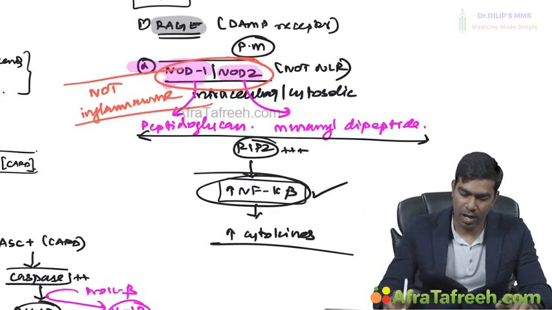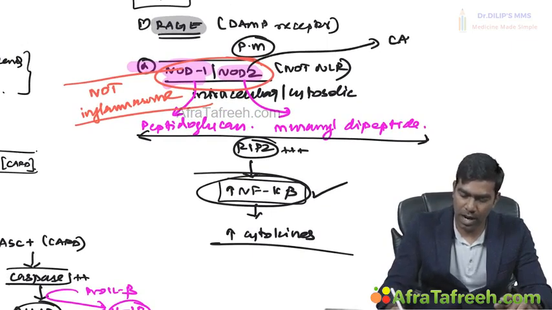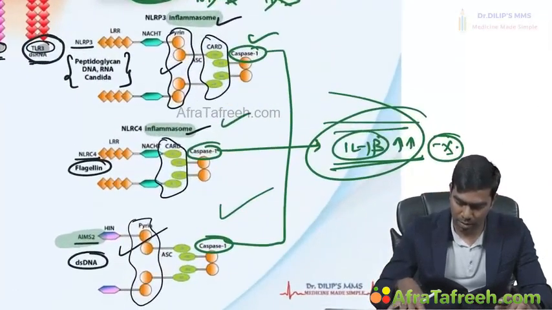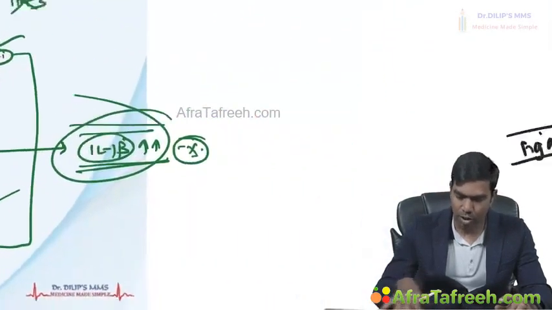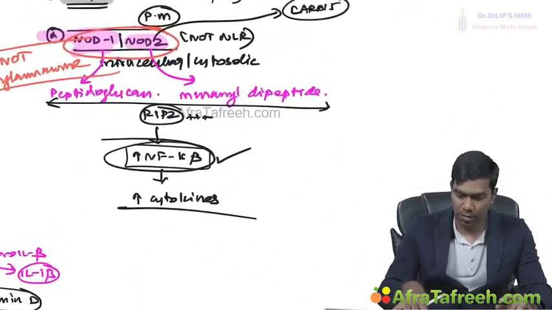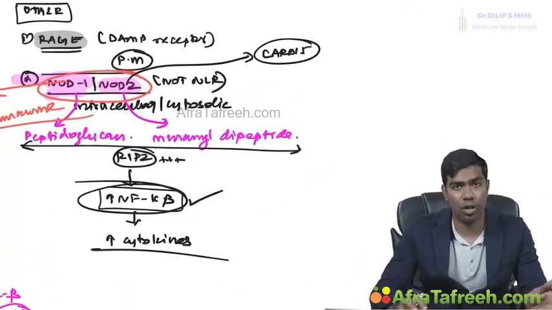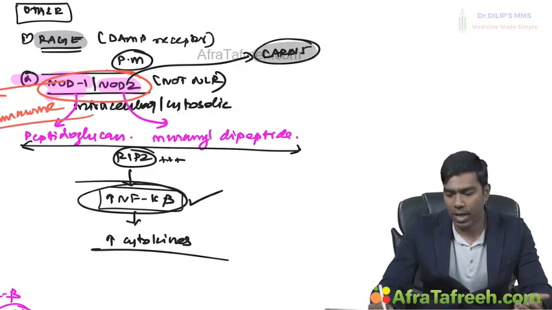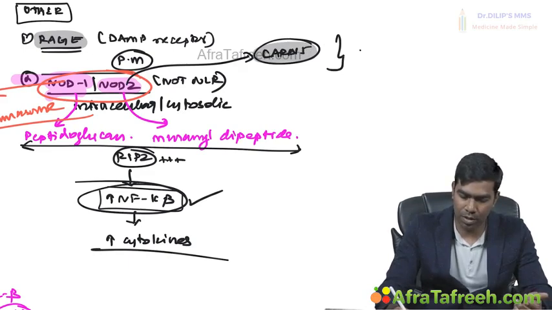Remember, this NOD2, especially the CARD15 domain, you can see here in the NOD2... NOD2 is not mentioned, sorry for that. So sorry for misdirecting you. NOD2 is not mentioned here inside the cell. We have not mentioned that in the diagram. So NOD2, especially the CARD15 domain of NOD2, may get mutated, and this is the reason for developing something called